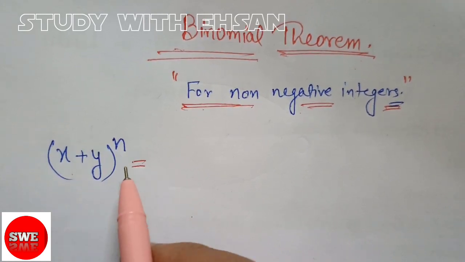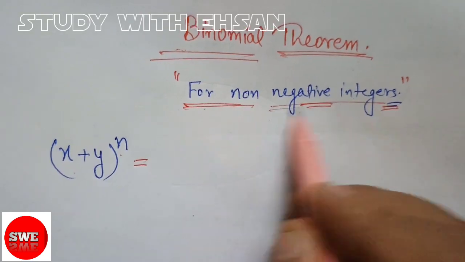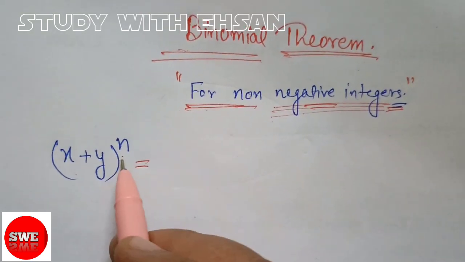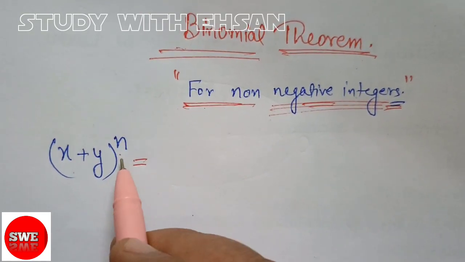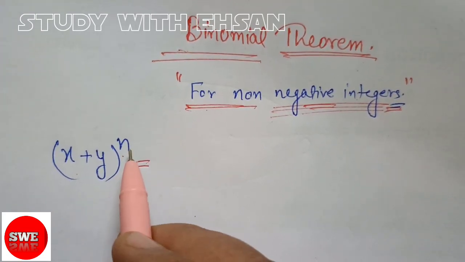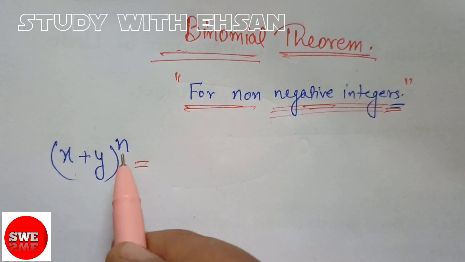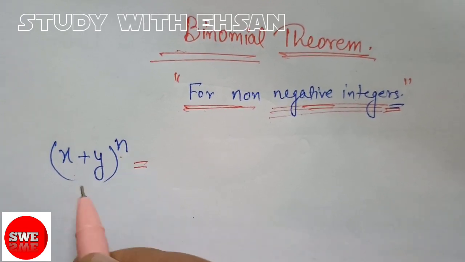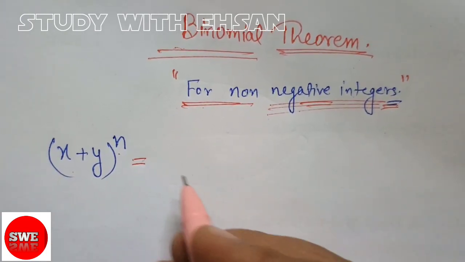(x + y) to the power n, where what is n? A non-negative integer. That means n is a positive integer, not a rational number. It is not a fraction, it is an integer. And which type of integer? It is a positive integer. Then (x + y) to the power n is